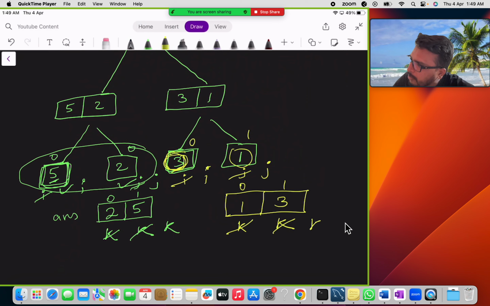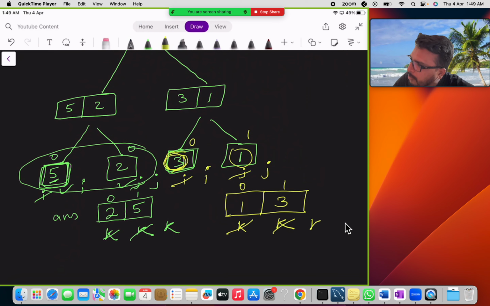Is 2 less than 3? Yes, 2 is less than 3. So I will put 2 here, increase the i pointer and the k pointer. Now is 5 less than 3? No. So I will put 3 here and increase the